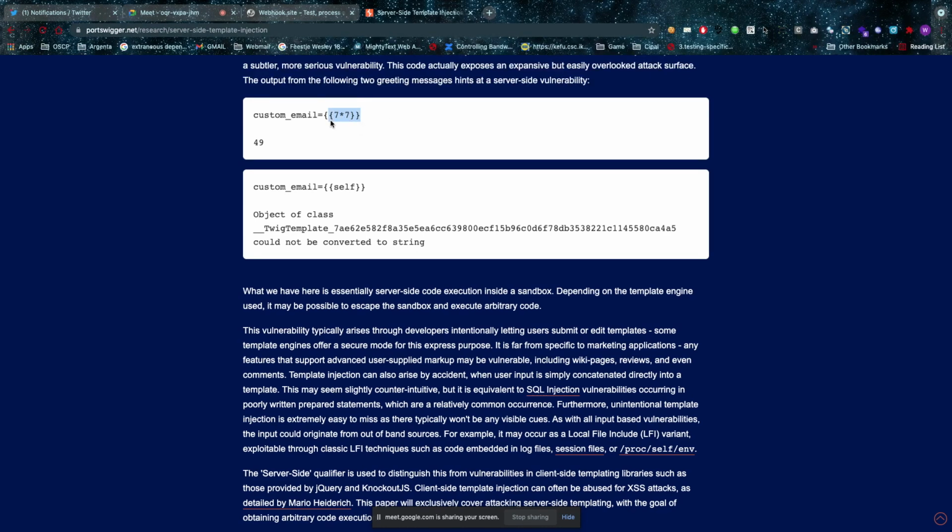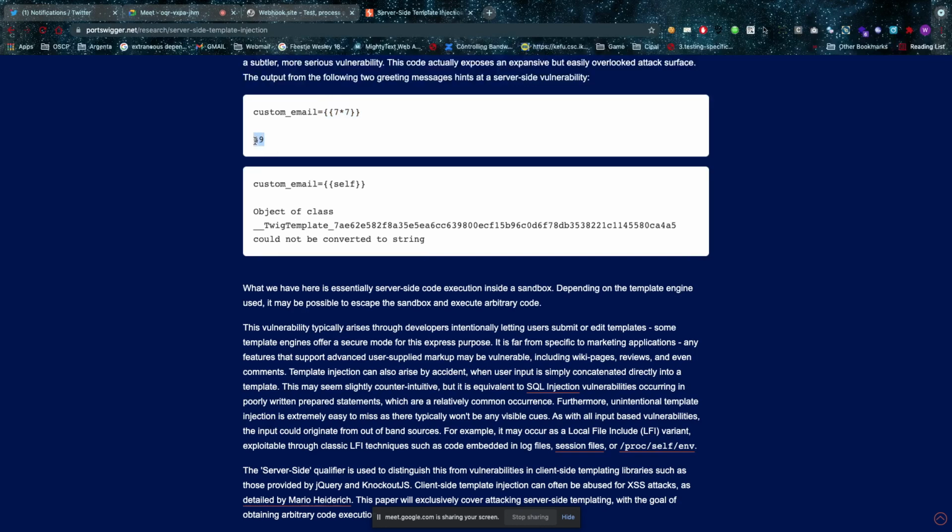I entered this and I got 49, and I was like, okay, now I got to identify my templating engine. But it turned out that I was doing a client-side templating injection. It was a duplicate, unfortunately. That's how I knew. But the thing was, you have to abuse them differently, and they might often lead to